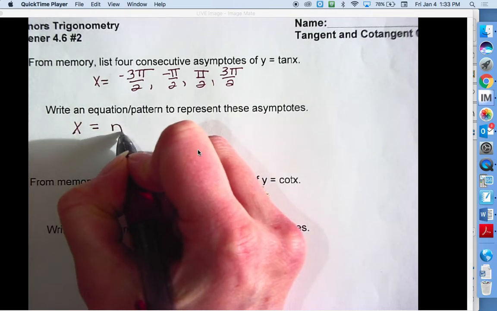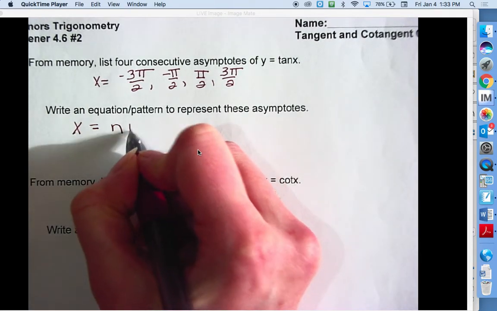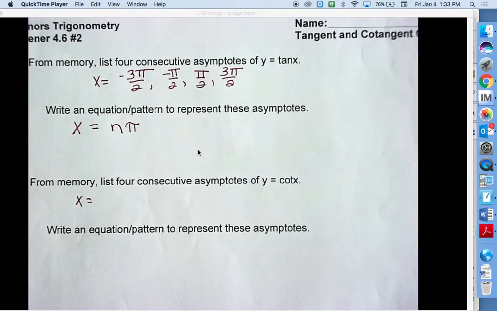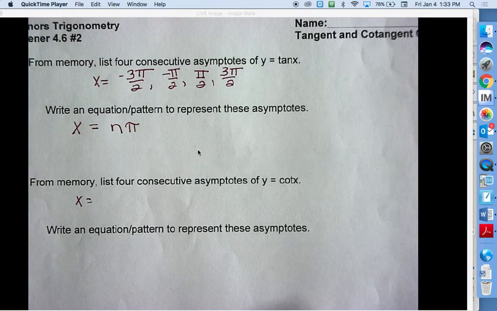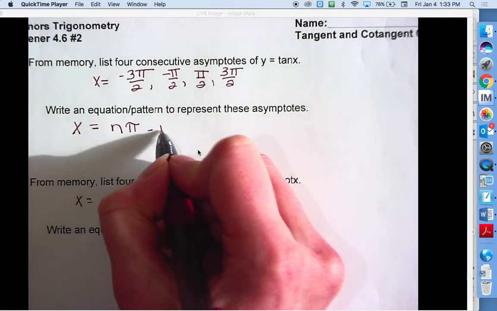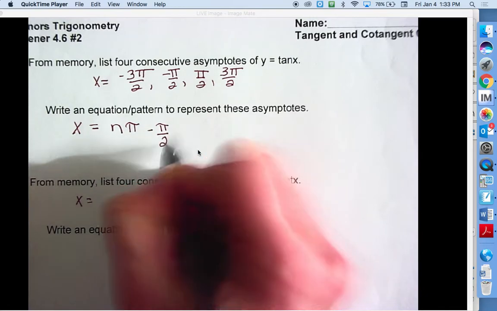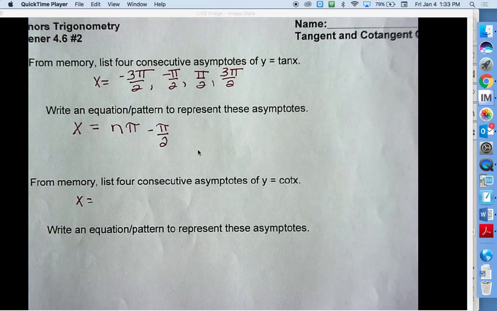You have a number multiplying it by pi, and then what'd you say after that? Subtracting pi over 2. Okay, so let's just see how this works. So n represents any number that you could plug in. You could plug in a 1, you could plug in a -1, you could plug in a 0, because we have the left side of the graph, we have a right side of the graph. So just to make sure this works, if you plug a 1 in here,